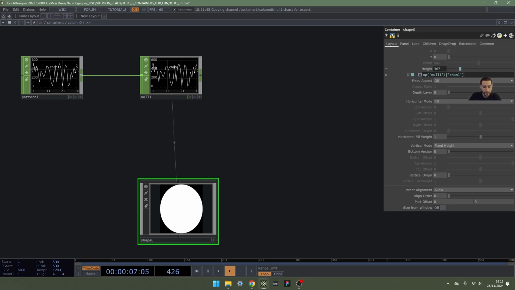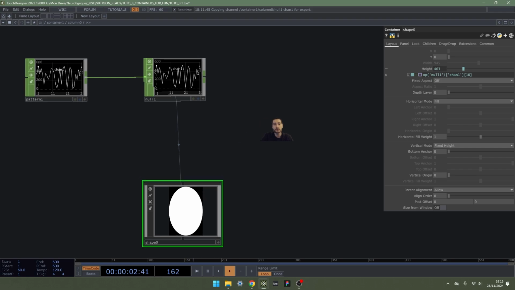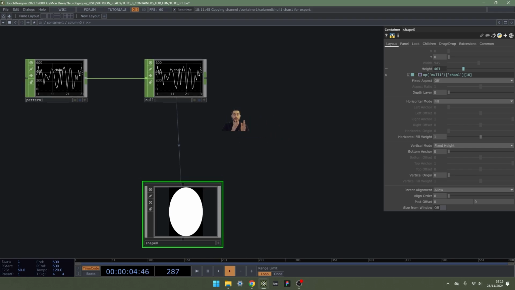We can actually add some brackets. And what these brackets are useful for is to tell exactly what sample you want in this channel. So if you say 0, it's like index 0, we have the first index. If we want to access index 2, so like the third one, index 10. So this is a really convenient way to access any sample in a chop.